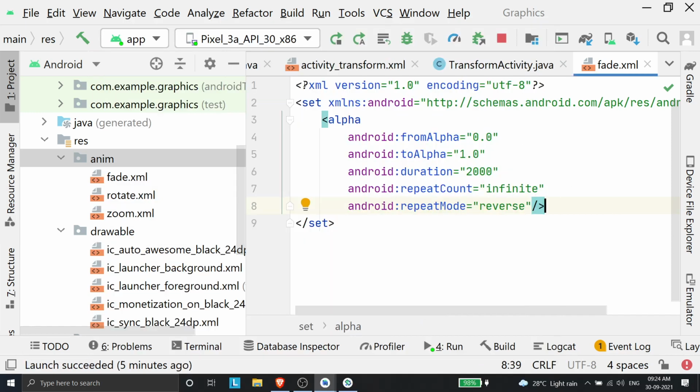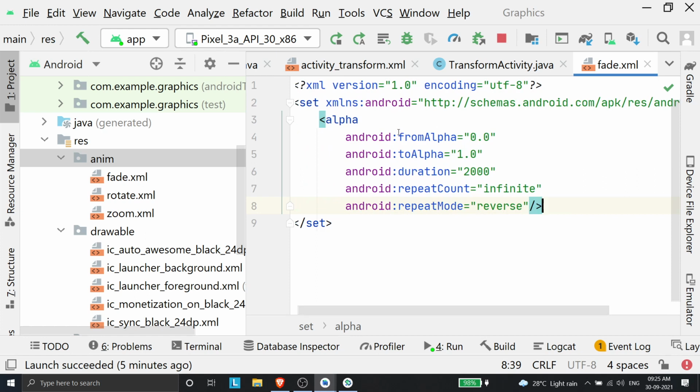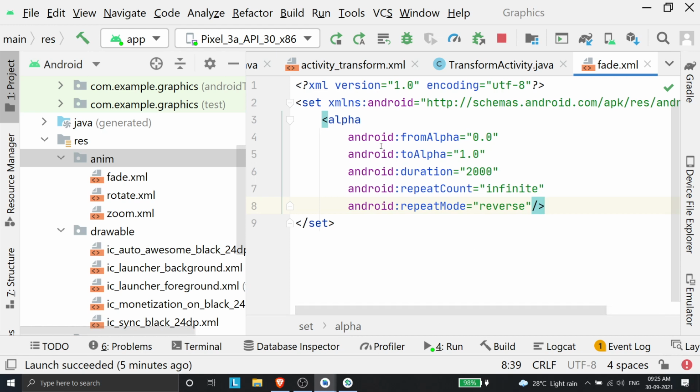It will create these 2 lines for you, I guess. That just specifies the XML version and the syntax that you want inside. Basically, what you want to do is a fading, right? Fading is specified by the alpha XML object.